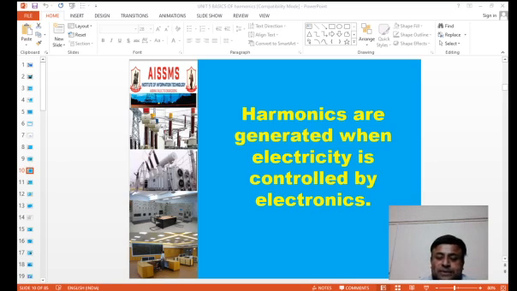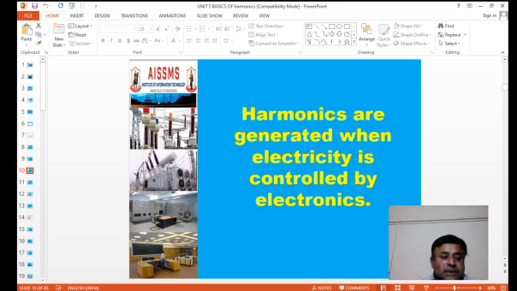So this led to very good progress. But over a long term, it was felt that they are giving an exponential rise to the nonlinear load and therefore inviting harmonic distortion. So that was the main issue